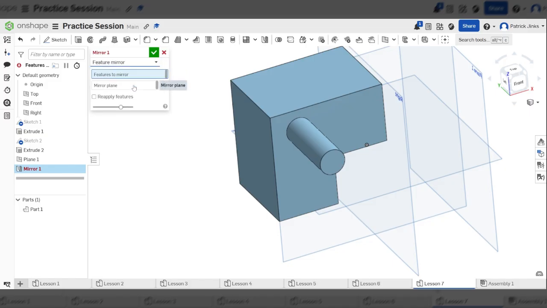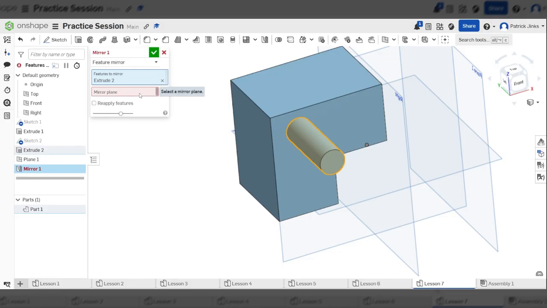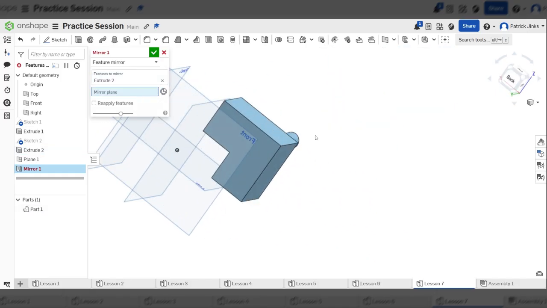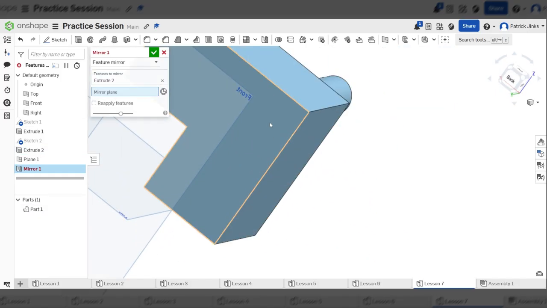And what this does, it will mirror a feature, which is an extrude, a fillet, a chamfer, something that's revolved. It will mirror that feature. So I can now hover over either this extrude, which we did at the beginning to make our 3D shape, or this, and I can just click it in this sidebar. I can either click it there, I can hover over it, I'll hover over it, mirror plane. If I click the back,